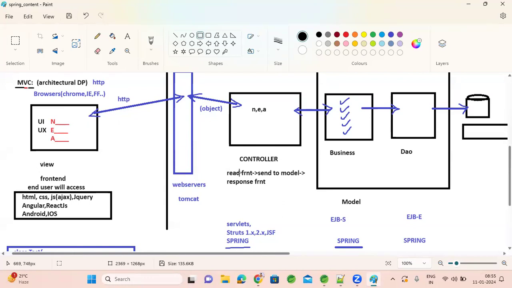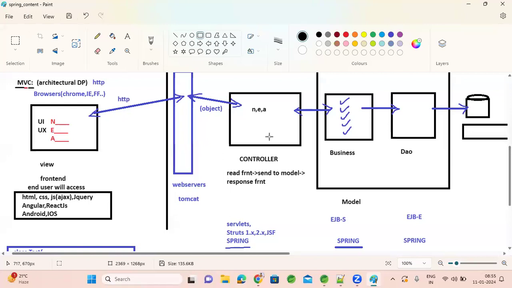The purpose of the controller is that it will read the data coming from the front end and send it to the model layer. Finally, it will give a response back to the front end, whatever response you need. Once submitting name and email address, I want to show registration success, or some kind of message, or redirect to a login page and ask the user to log in. Whatever I want to do after registration, I can do from here.